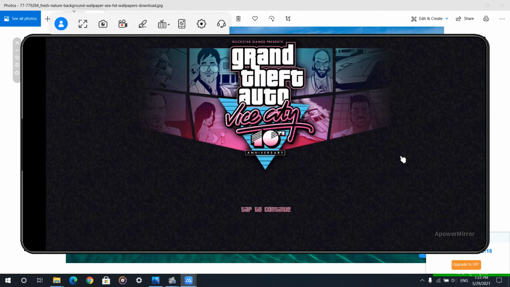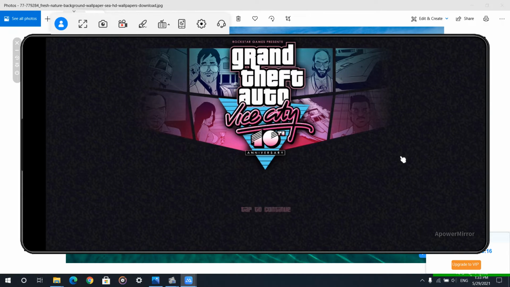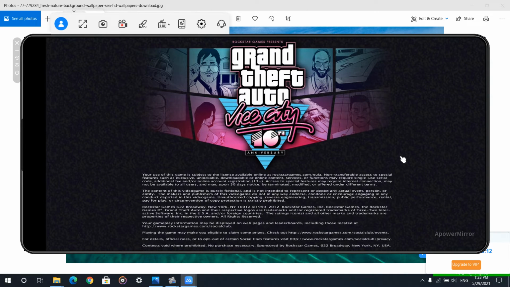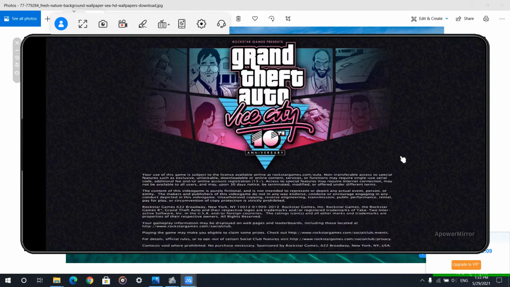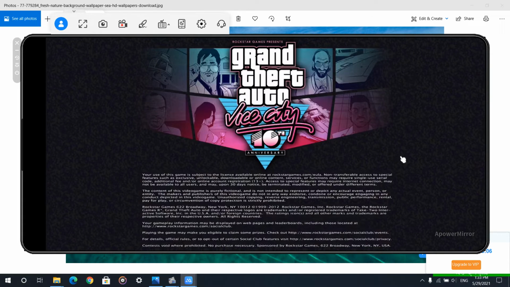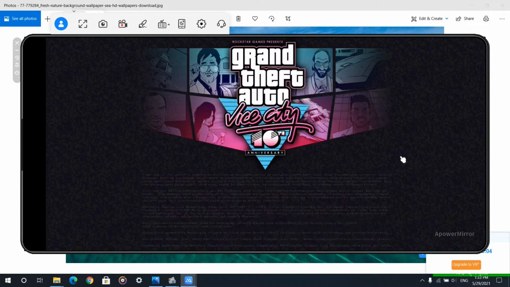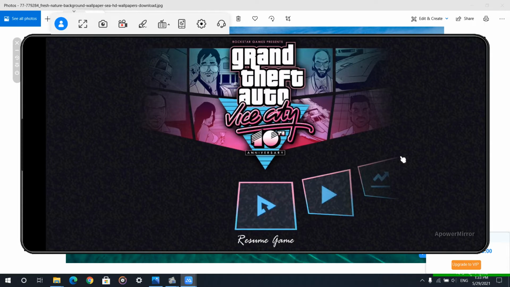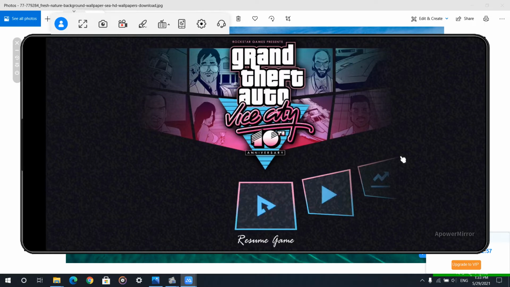Okay, wait, yeah, it's loading a little bit, we have to wait for that. And then guys, it will not take that much time because I'm just sharing my screen, so it is showing like that. Yes, you can just resume game at your time. You will get the new game. Okay, you have to click on new game or play the game.